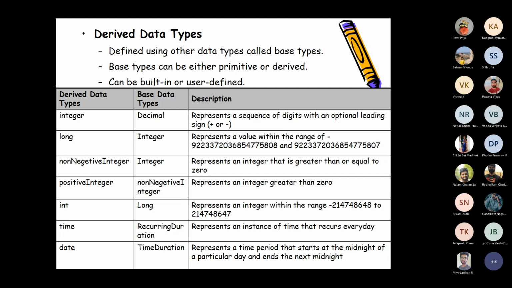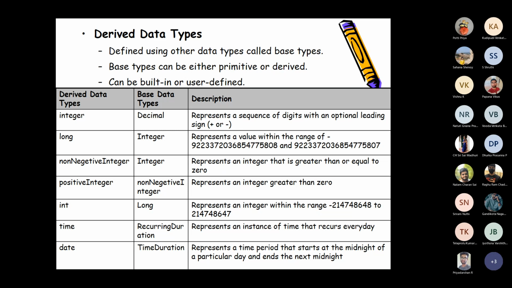Now, from these primitive data types, a few derived data types came. Okay, from decimal, integer is generated. Basically, it represents a sequence of digits with an optional leading sign, plus or minus. Long: from integer, you have a larger one, long. Non-negative integer is derived from integer.